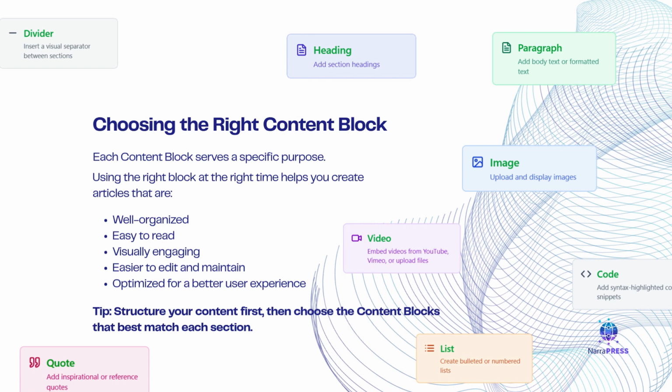Most importantly, think about your readers. Ask yourself whether each block helps them better understand your content. If the answer is yes, you're using the editor effectively. Congratulations! You now understand the purpose of every content block available in NarraPress. Although each block is simple on its own, combining them effectively allows you to create articles that are professional, organized,